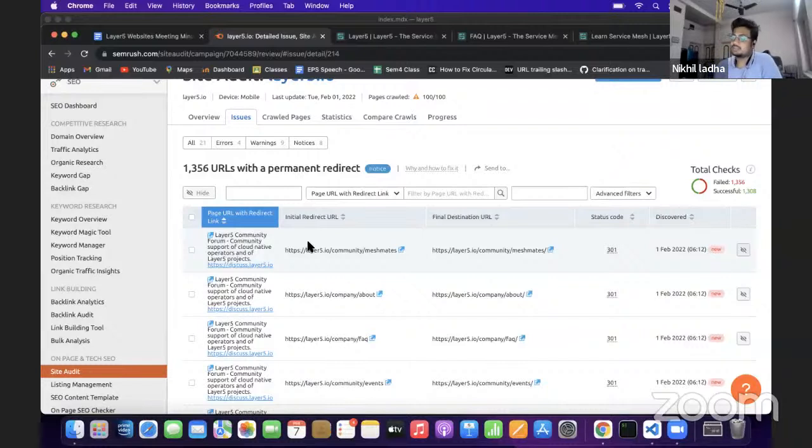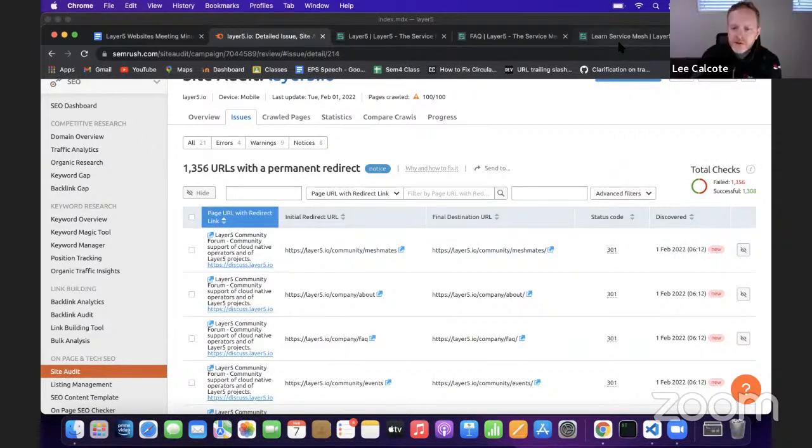How it works is, suppose we have a careers page, it's careers/index.html basically, but ultimately we only display on the URL layer5.io/careers, because index.html is by default understood to be the page that has to be rendered. We never write index dot anything on the URL itself, because the web understands that index is the page to look at directly.